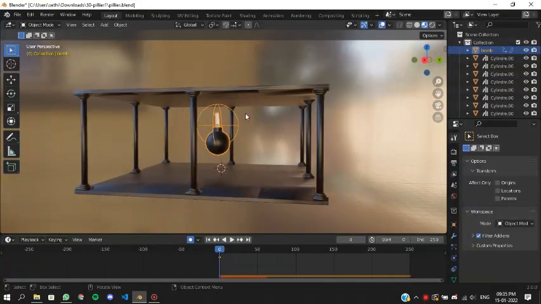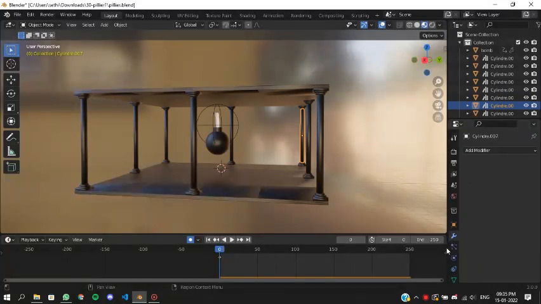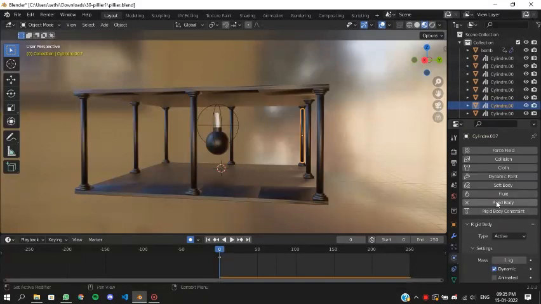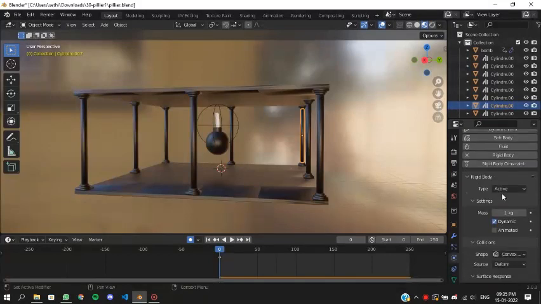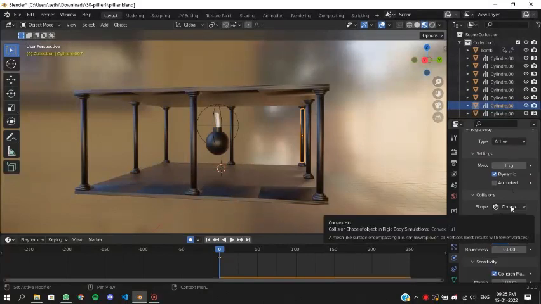So what does it do? It also destroys the ceiling of the structure, which shatters into many pieces, and it also distorts the pillars. These pillars are animated from the animation settings over here. You can add a modifier in it. The animation works with the rigid body over here. You can set it to active. You can also set the mass here. You can also select which type of collision should occur.